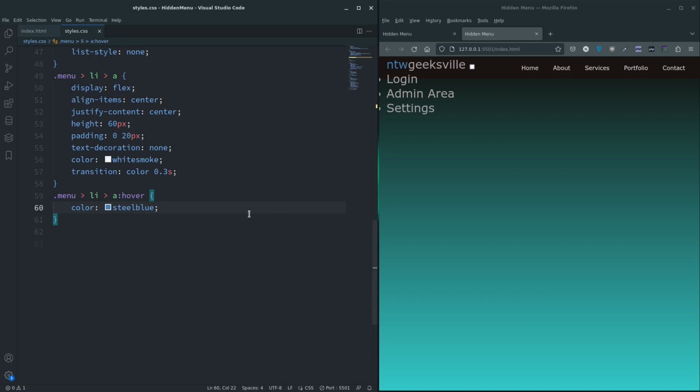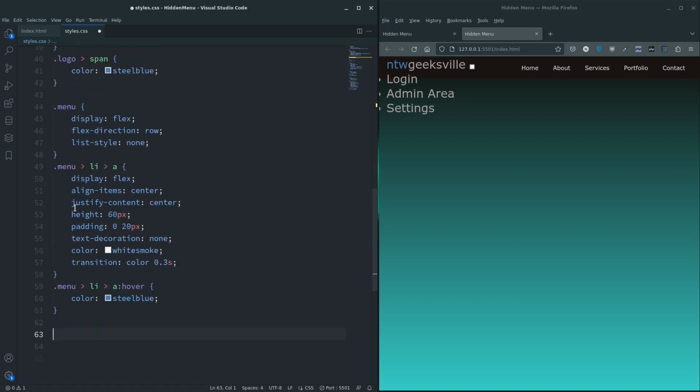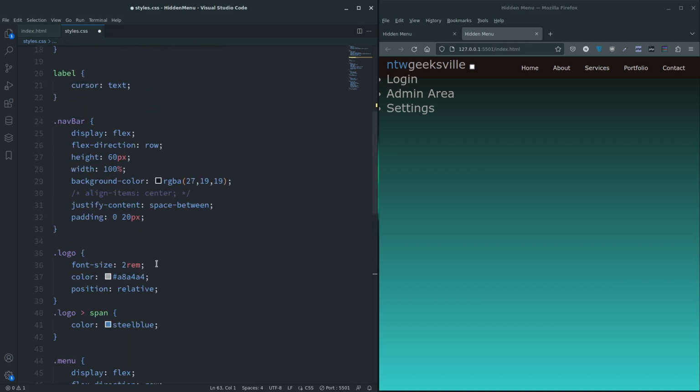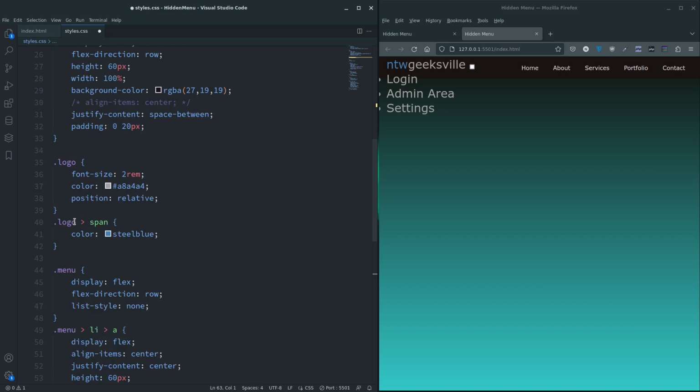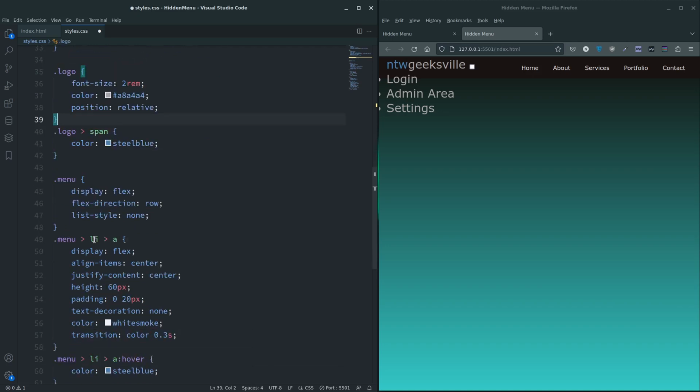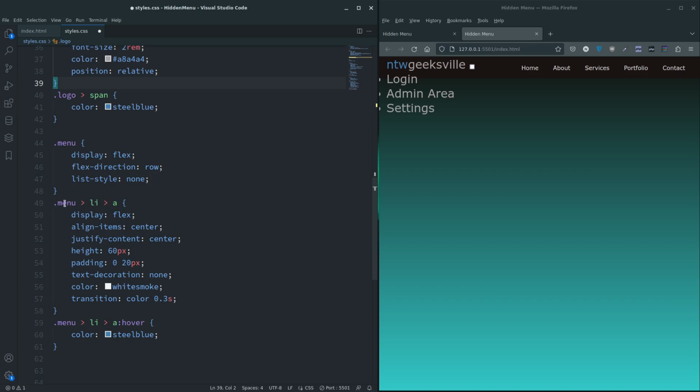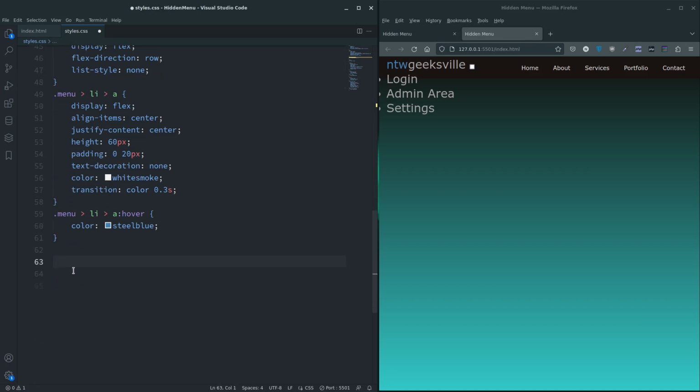Right, hidden menu. Let's give it some space. If you're wondering why I've done that, put these next to each other and a space in between. I'm trying to put it in sections. So this navbar is one bit, the label's a different bit. The logo, I've not put a space between because it's together. The menu is all together, and then I'll put another space here to separate out into hidden menu, and all those will be together. It's entirely your preference obviously, but that's just the way I do it. Container,